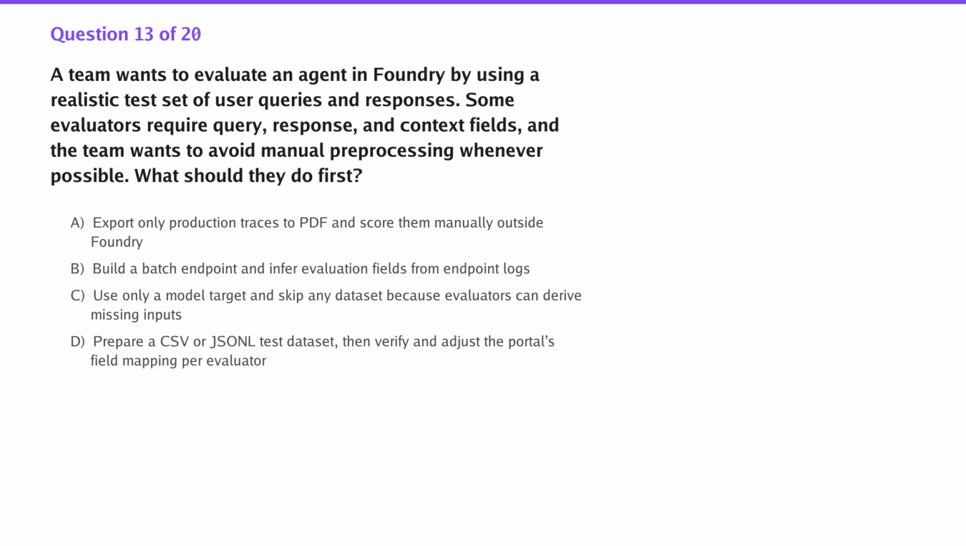Option A, export only production traces to PDF and score them manually outside Foundry. Option B, build a batch endpoint and infer evaluation fields from endpoint logs. Option C, use only a model target and skip any dataset because evaluators can derive missing inputs. Option D, prepare a CSV original test dataset, then verify and adjust the portal's field mapping per evaluator. The correct answer is Option D, prepare a CSV original test dataset, then verify and adjust the portal's field mapping